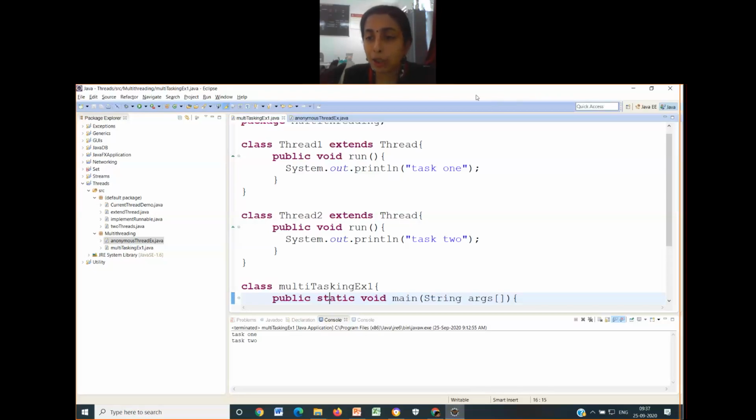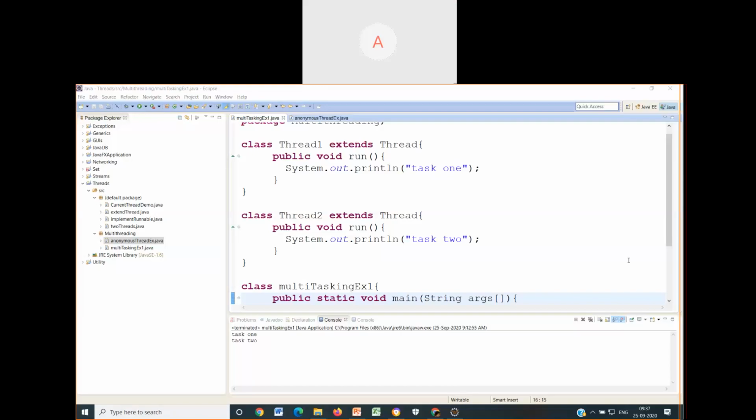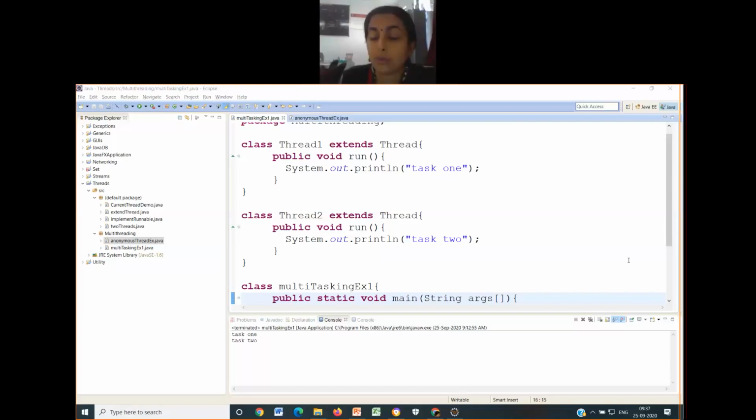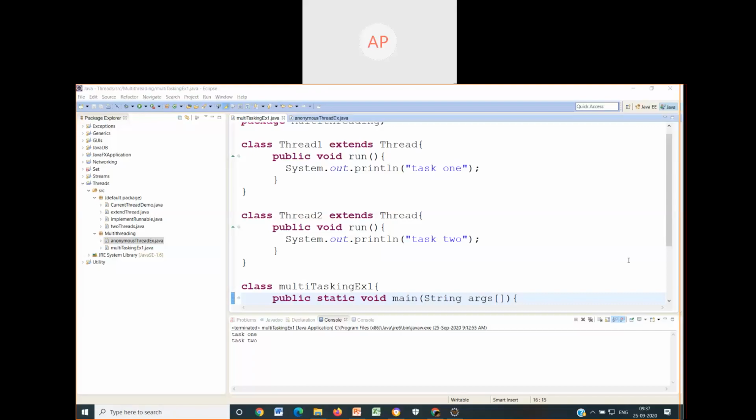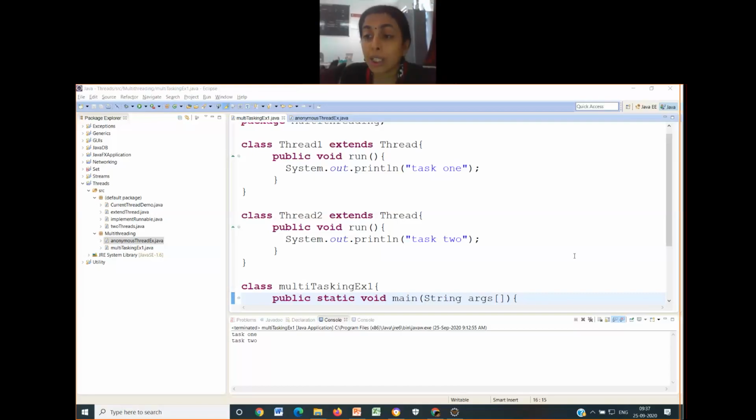Not known. It is not only unknown, it is an unknown name. Something we can translate as anamika, something which doesn't have a name. That is called anonymous.